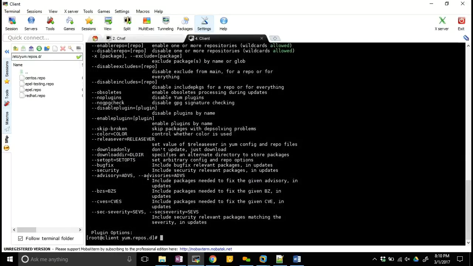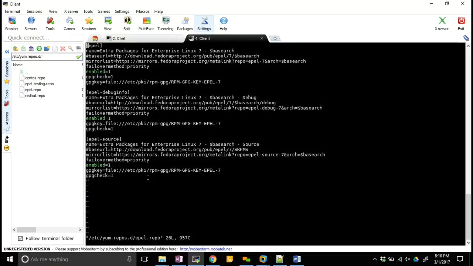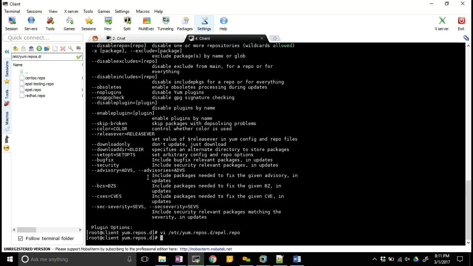Or you can do one thing. You can go to yum.repo.d and go to each file, epel.repo. If you go here, it will say gpgcheck equals 1. So make everything 0. This will disable your GPG check. Okay, Shankar. So change every configuration this way, or you can use this command, yum install ansible, and then